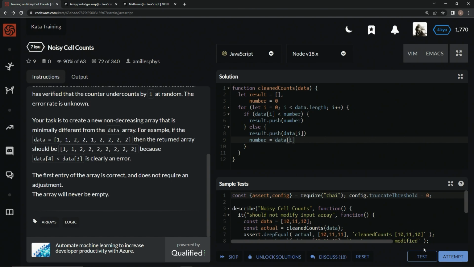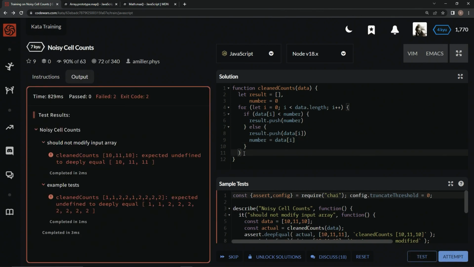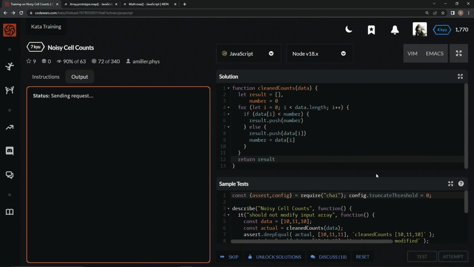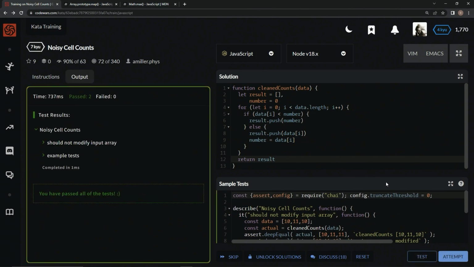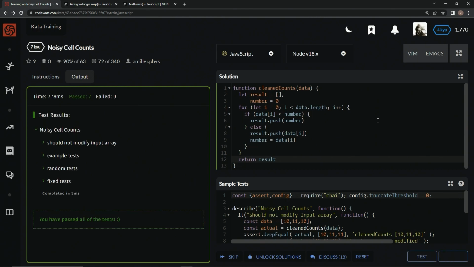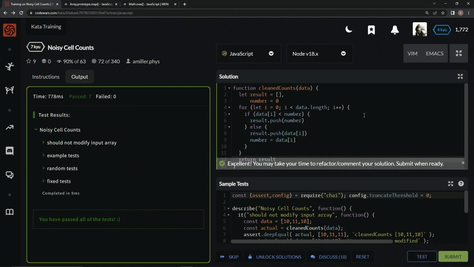All right, so let's test that. Oops, wait, we got to say return result. So let's test that, and it works. Awesome, great. And attempt it. All right, awesome. But you know, this is a lot of typing, really, honestly,